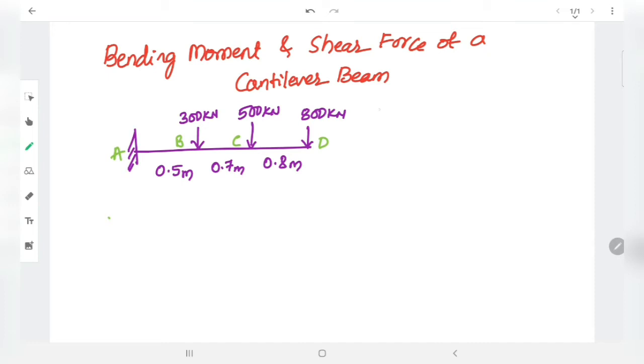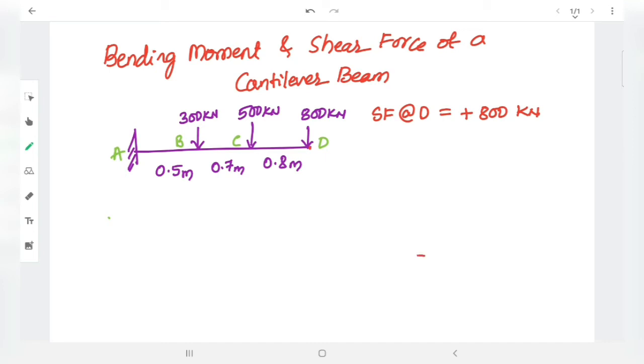Okay, here shear force at point D is equal to how much? Whatever the force is there, this will be the shear force. What is the force at this point? 800 kilonewton, and that too in the downward direction. So I will be taking it as plus 800 kilonewton. So here the sign convention: we have discussed sign convention in the previous video. There we got that if it is on the right hand side and it is a downward force, in that case we will be taking it as the positive sign.